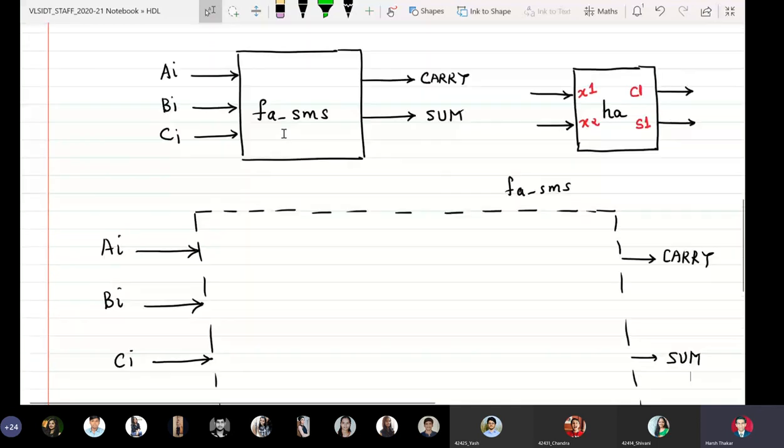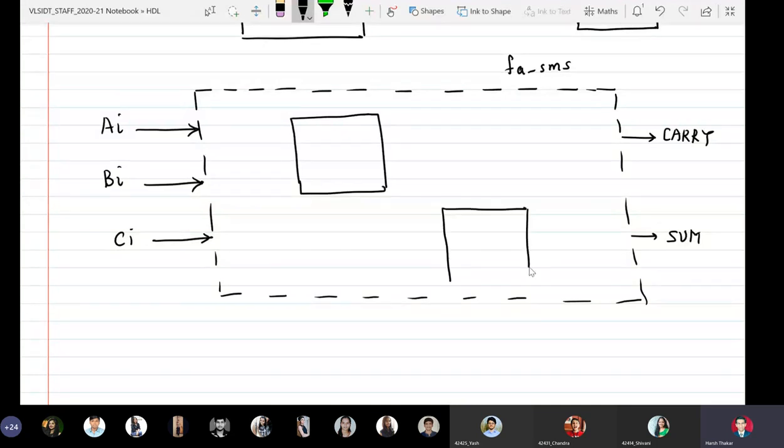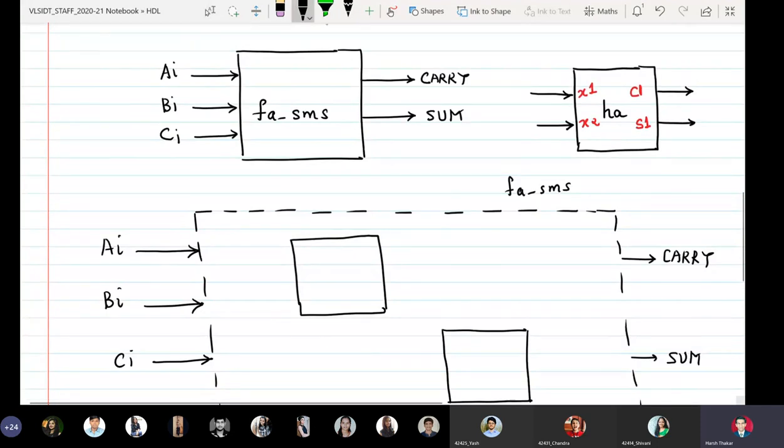And now what I will do, I will draw half adders inside. So I have to draw two half adders to make a full adder. So the first half adder comes here. Second half adder comes here. Okay. So this is how it is. As I told you, I have to write the signals inside.